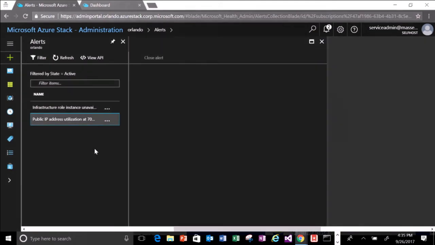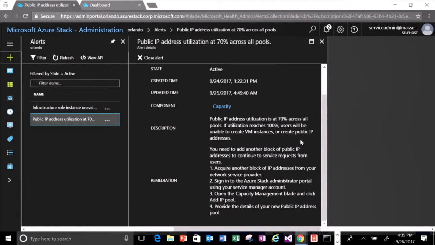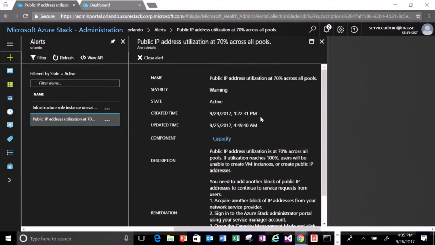So in order to relieve this issue, the alert is telling me that it's at least 70%, and I need to add another block of IPs. All right? And so in order to do that, I need to go to the capacity management blade and click Add IP Pool. So to get to the capacity IP blade, I can navigate back to the dashboard and follow